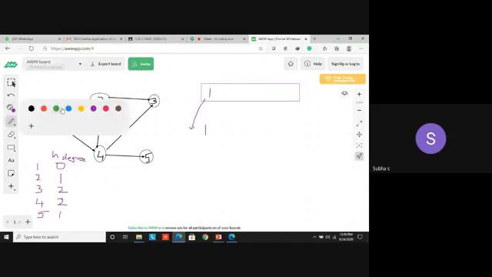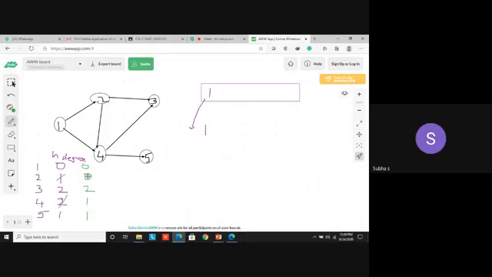I will take another color. Yes, because 2 and 4 are the adjacent vertices. For the other in degrees, just place the values as such. So 1 becomes decremented to 0. You are going to decrement it by 1. For 3, it's as such, no need to touch. Here you are going to decrement by 1, it becomes 1. Last one is 1 as such. Yes?